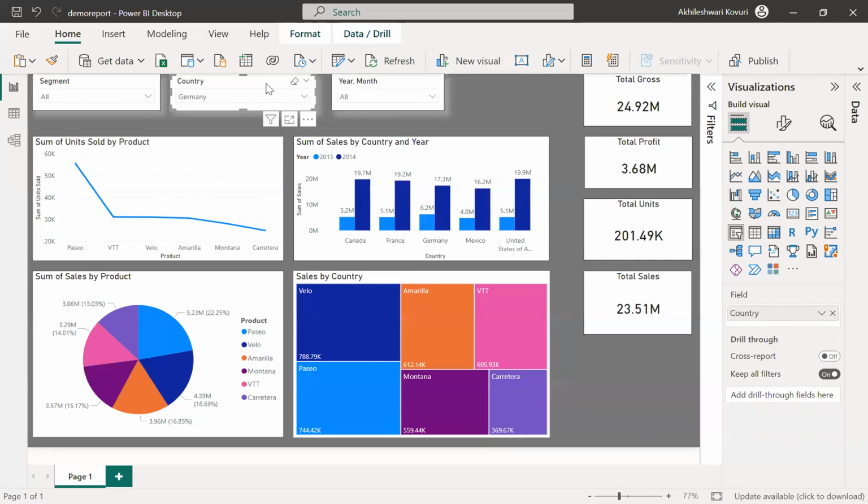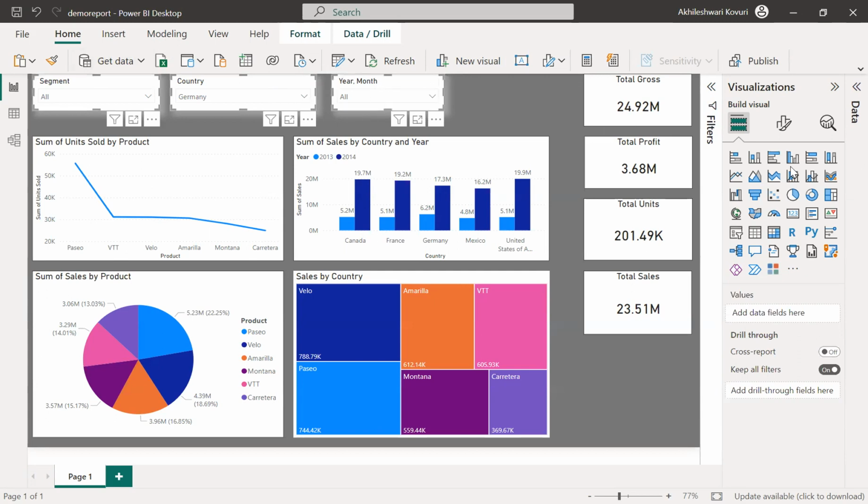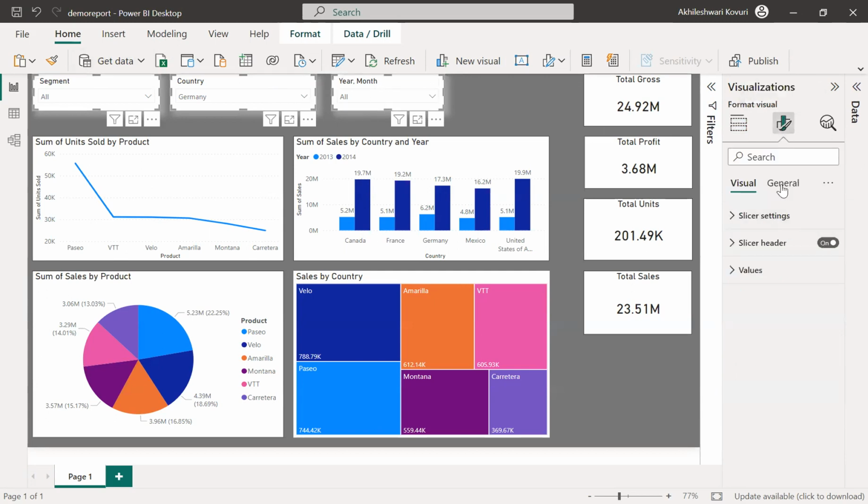Let me select these three slicers and go to general